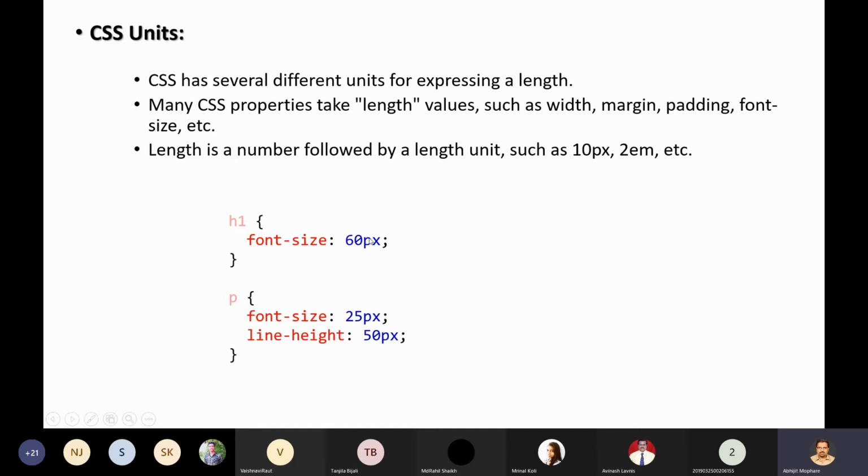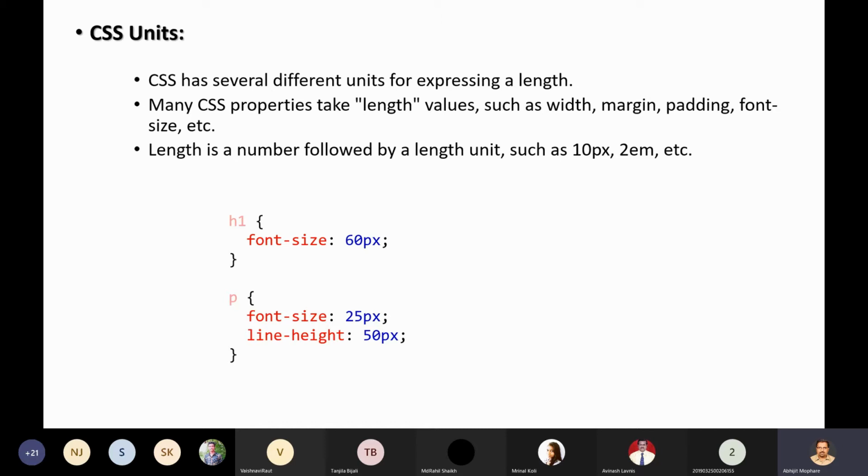So normally you specify a length as a number, but that number must be followed by a certain unit, and this is what we are going to understand now. That unit can be pixel, rem, em, centimeter, meter, inches, like that. There are several length units which are fixed and several which are relative.